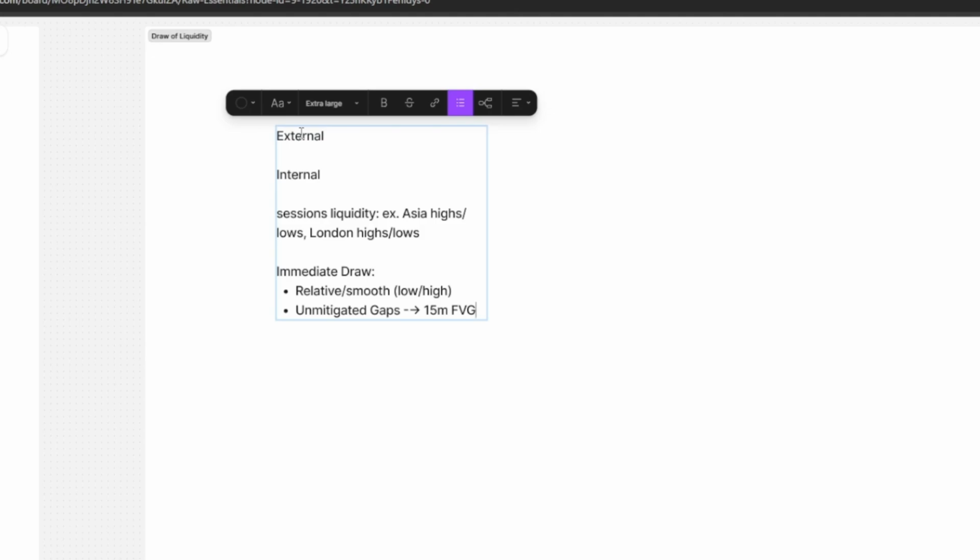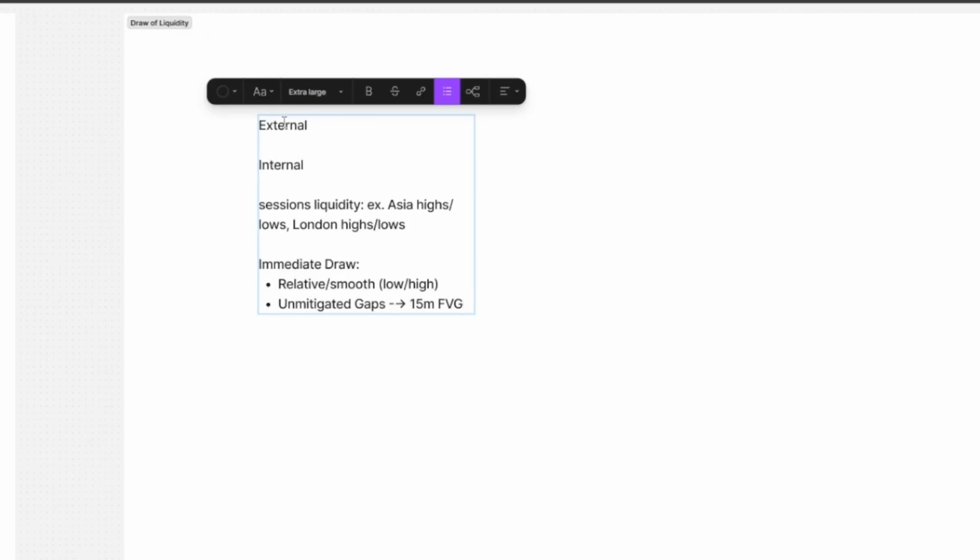And if I'm looking for price to come back in to do two things usually when we have an unmitigated fair value gap, we either rebalance for more continuation or we just really flip it. For either case, really, you're still looking for that immediate draw for price to run into that unmitigated gap. And for me, since I'm a 1 minute kind of trader, the 15-minute unmitigated gap is pretty much